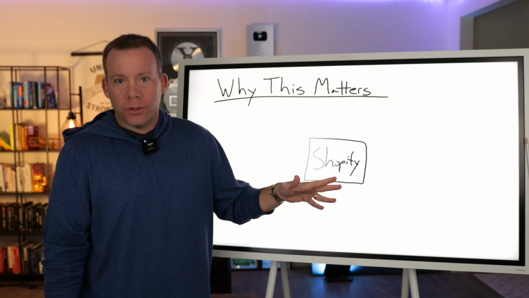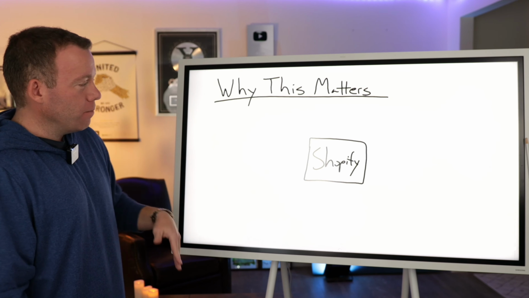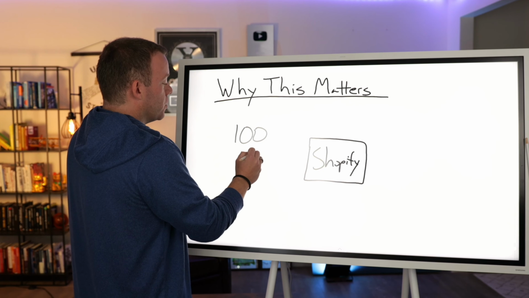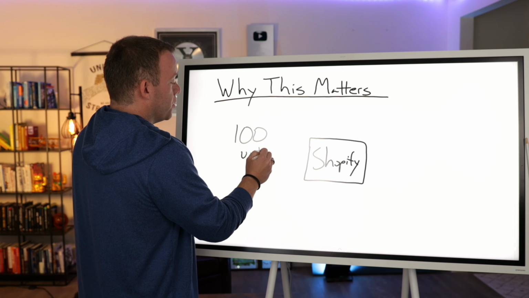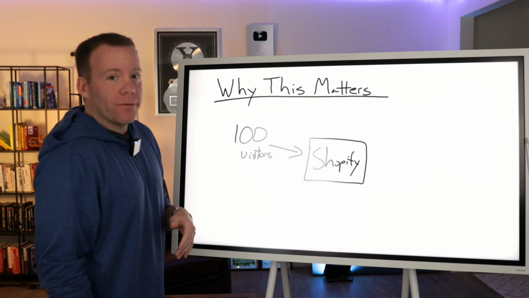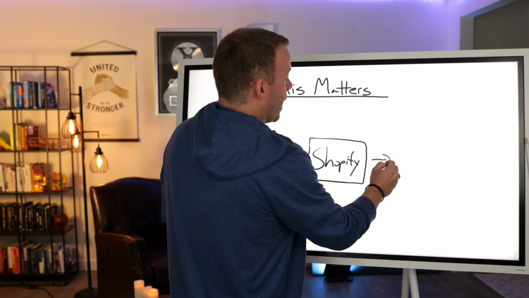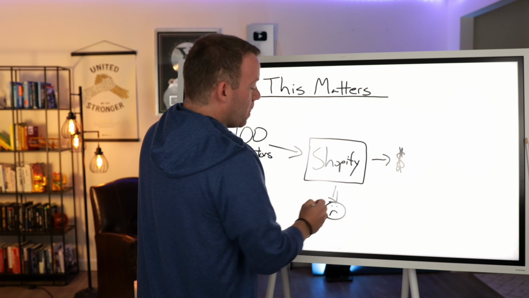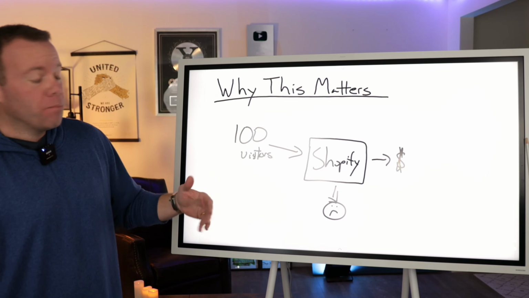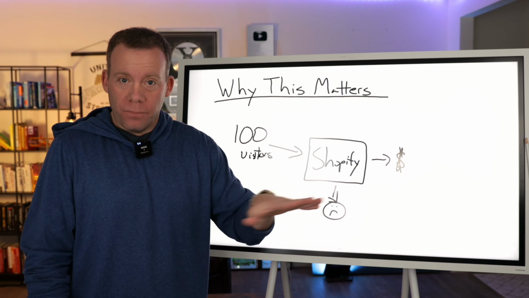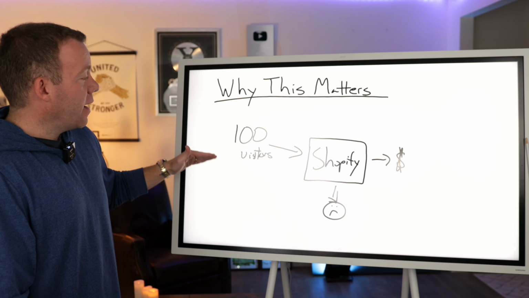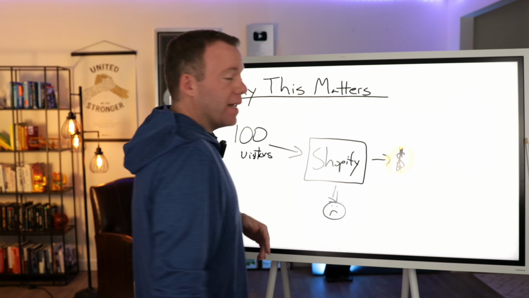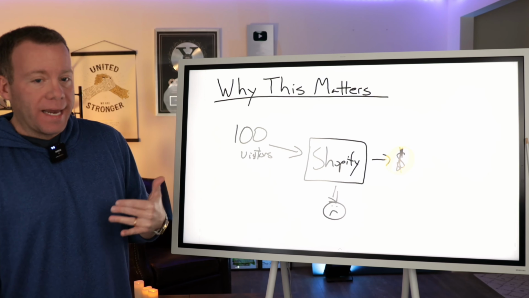If you're watching the video version of this, you see I have Shopify in the middle. That is your online store. Let's assume that we send 100 visitors to our store. So 100 unique people come and find us on Shopify. Some of them are going to buy and some of them are going to leave. Unfortunately, with online business and business in general, we're never going to have 100% conversion rate. So when we're talking about conversion rate for this presentation, we're talking about out of those visitors, how many of them come out the other end as customers? How many buy? And we're going to look at that as a percentage.